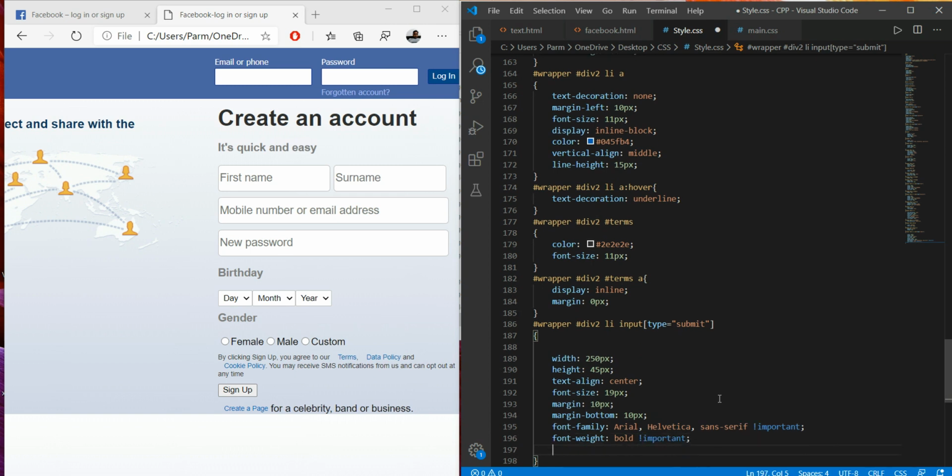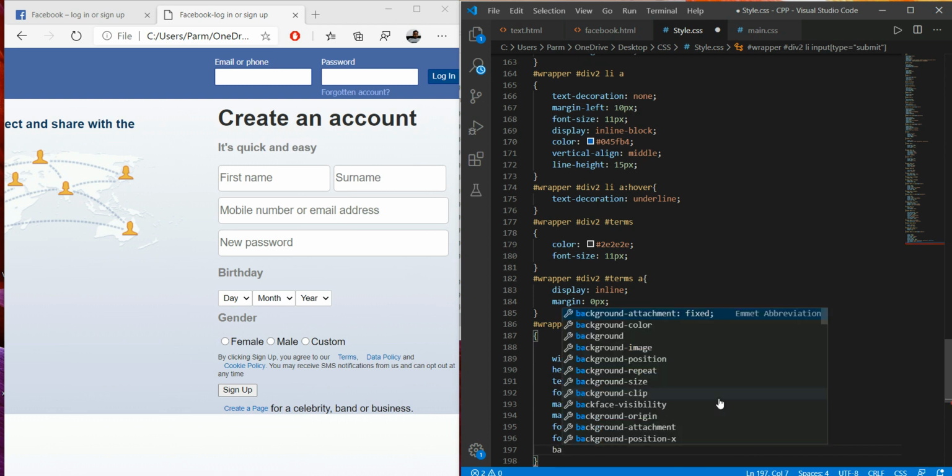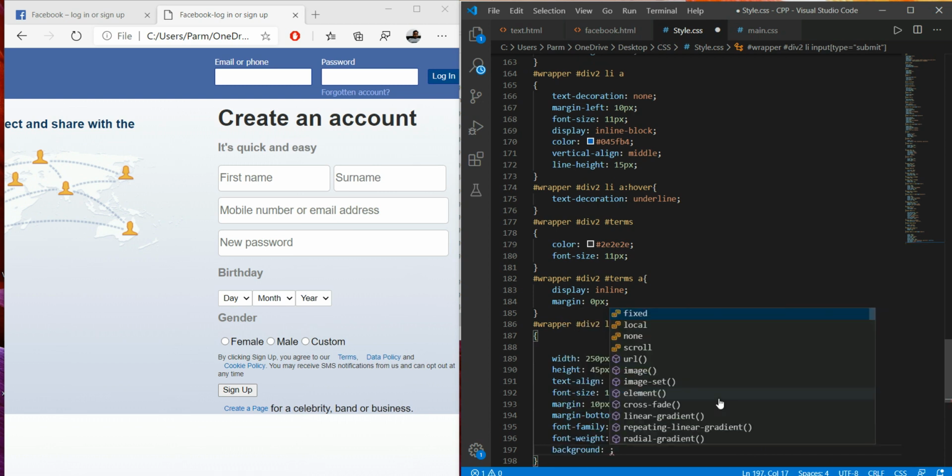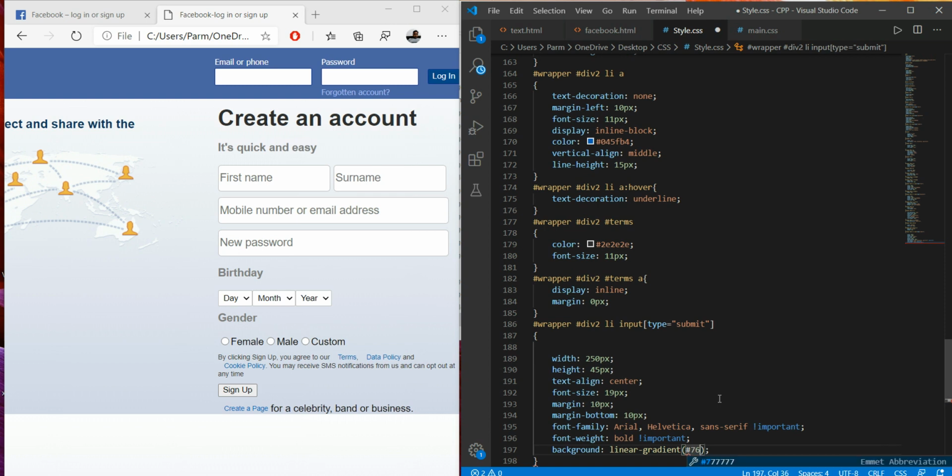Then background, and here we have to use linear gradient. Background I have to use linear gradient to give its effect, and to this I have to give value hash 76AE55, then hash 578843.